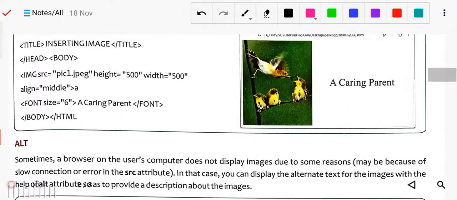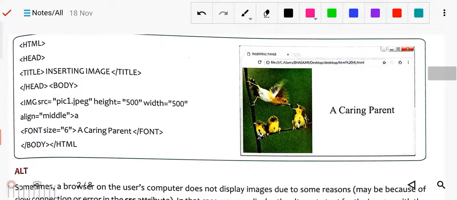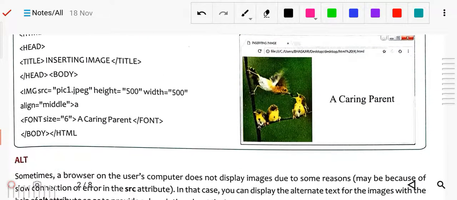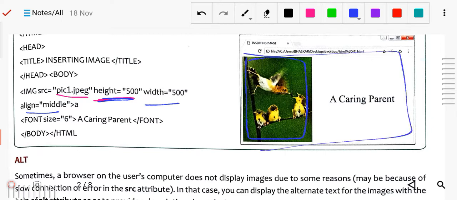Here you can see the next program. You can see html, head, title, body, and the image source, which is the picture. Its height is defined because it is very necessary. You should have this habit: you should define the height and width and the align. Align means that this image will be at one side, because otherwise it will be the full size and will not look good.